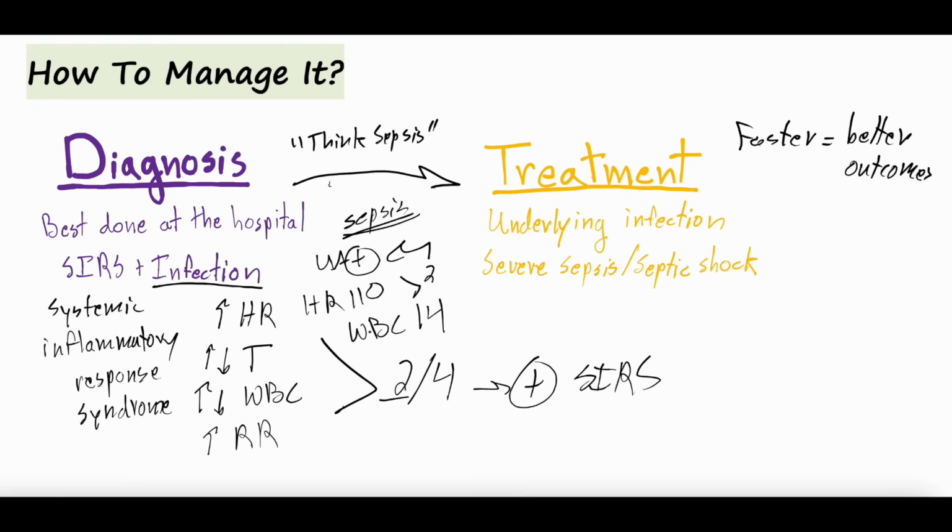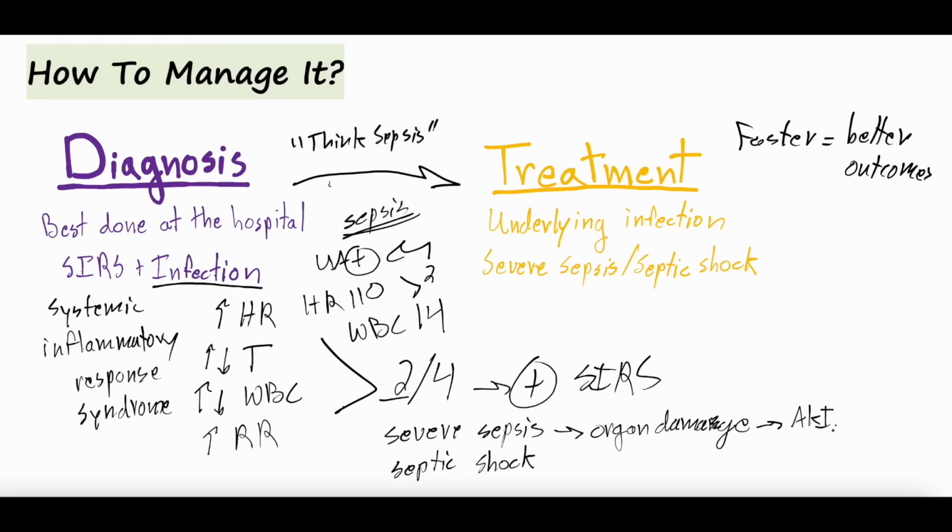All right, and when we get worried about sepsis, then we start to wonder, is there severe sepsis or septic shock? And some of this verbiage is simply just verbiage, and it does change when organizations come together with different guidelines. But severe sepsis is usually when there's some organ damage or indication that the tissues are not getting enough blood flow. And this is things like acute kidney injury, acute liver injury, an elevated lactic acidosis,